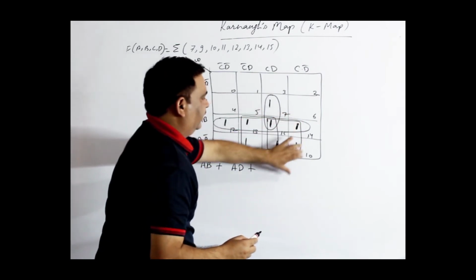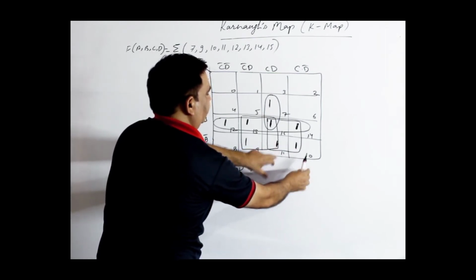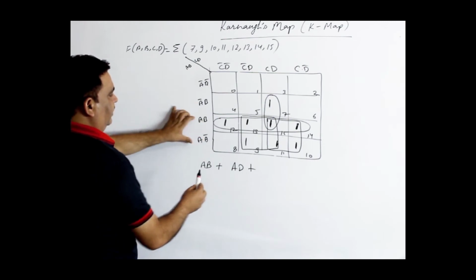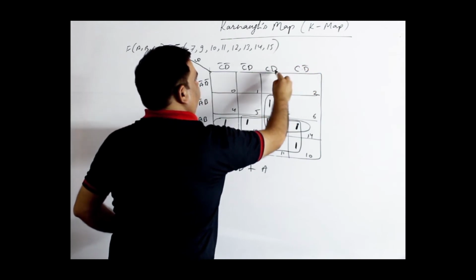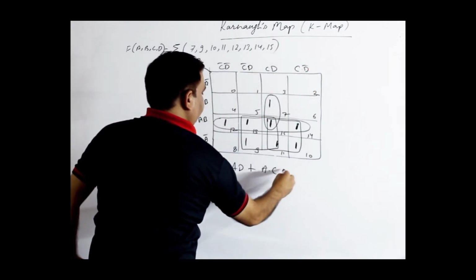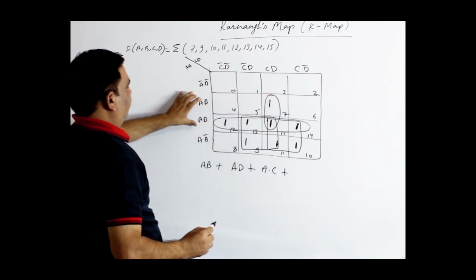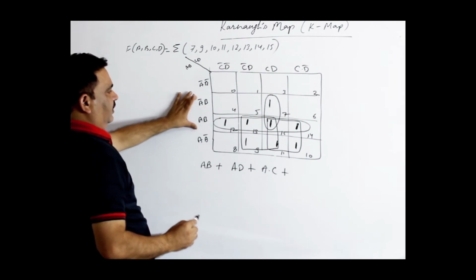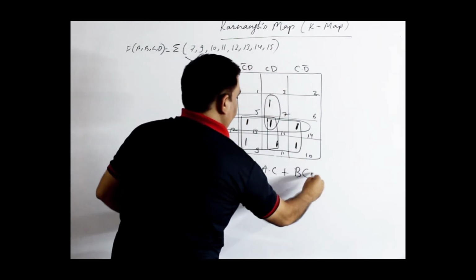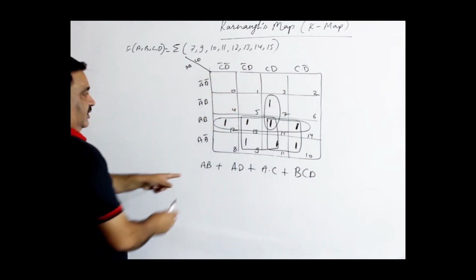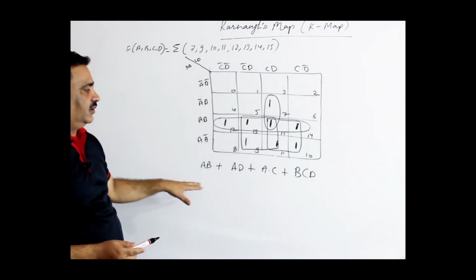Now come to the next quad, this one having designation 15, 14, 11 and 10. So left side you can see B changes to B complement, take only A. This side, CD and C dot D complement, so D changes to D complement, take only C, A dot C. Now only pair is left. Left side A complement changes to A, take only B, and here CD both, nothing is changing. So this is the final expression, which is the reduced expression for this K map.